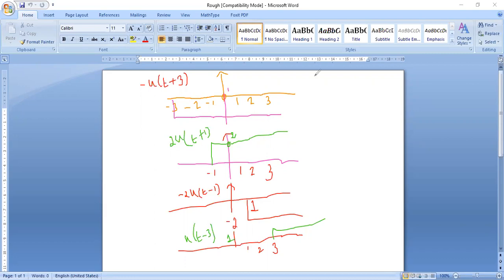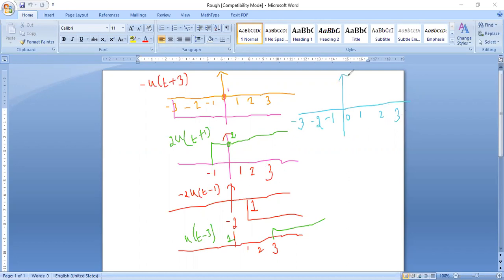My final answer is, so let me draw the diagram. I will draw, and you people draw the last one below the other. The answer should also be at the bottom of your 4 diagrams. Since I do not have any space, I am just doing it here. I will label the axis first. Minus 1, minus 2, minus 3. Here it is 0. Here it is 1, 2, and 3.